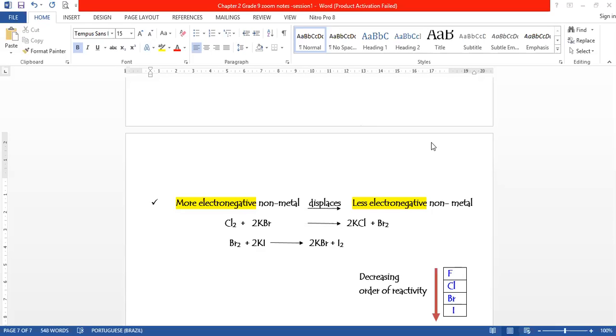Yes, Arya Gupta. Sir, if the question comes like "what do you observe?", do we have to only write the observation in those questions? What do you observe means obviously you will write the observation. Okay, sir. Thank you, sir.